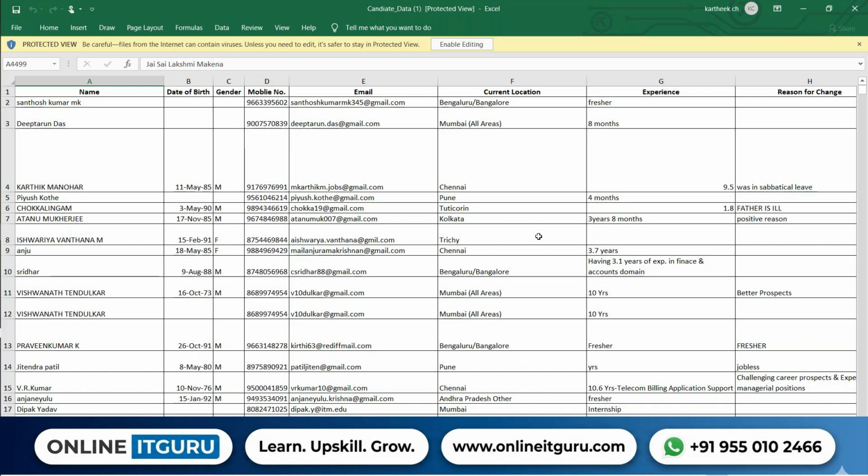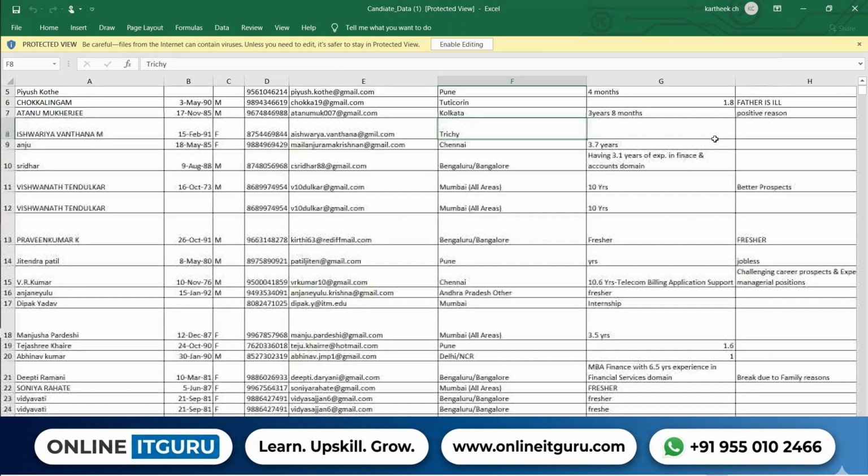So the package which we are giving is 10 lakh. In order to clear the last round, you need to pay 10,000. This 10,000 will be refunded once you have joined the office. Then obviously without second thoughts, he'll be paying 10,000.